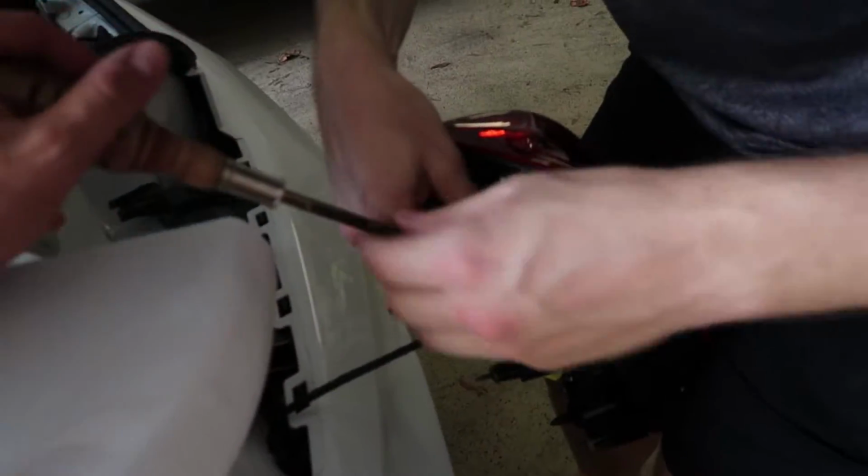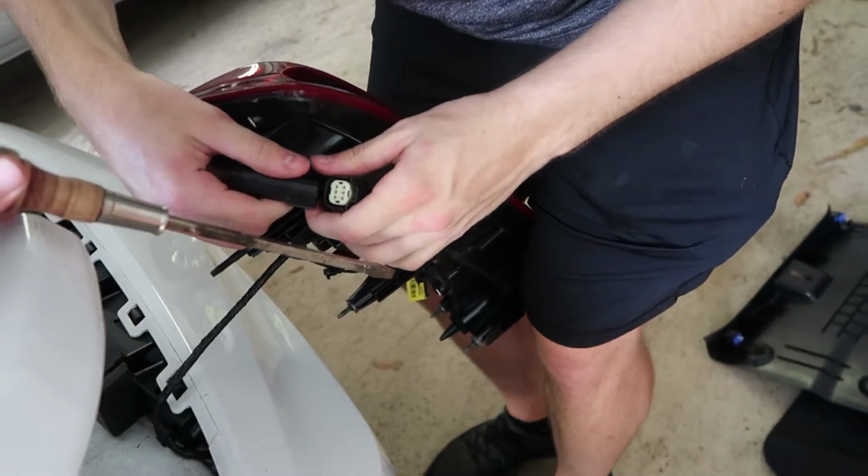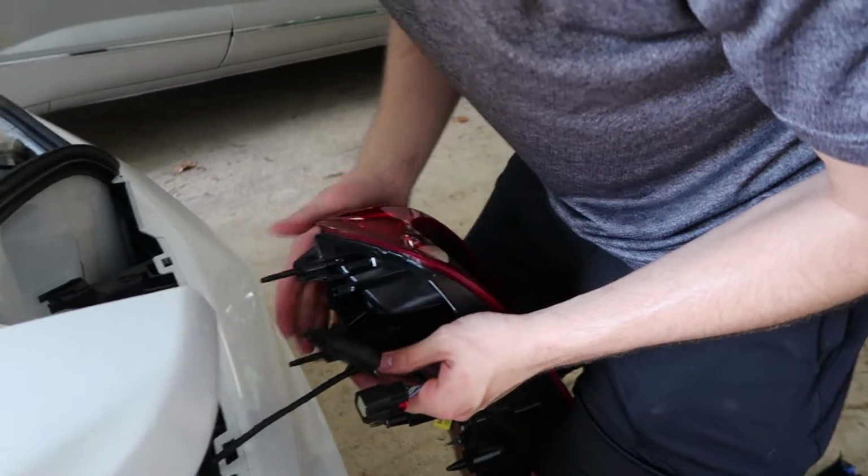Hold this for me, just push this in, there you go, yeah. Oh, there we go. Not too hard. It's a little bit of a pain, but...